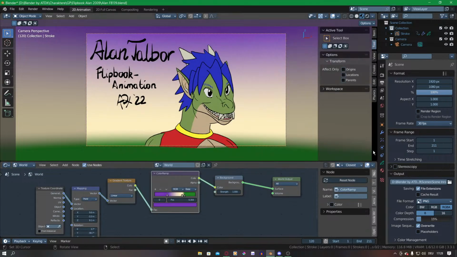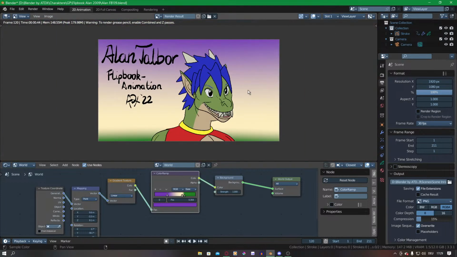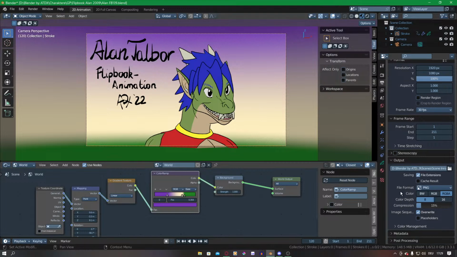I just have to do this. And let me just press F12. What happens? This happens. That's exactly what you see. And now I need to